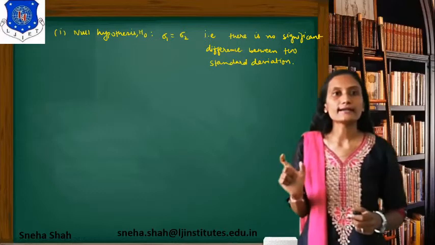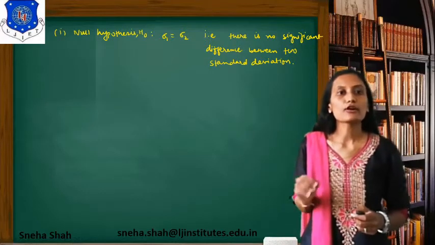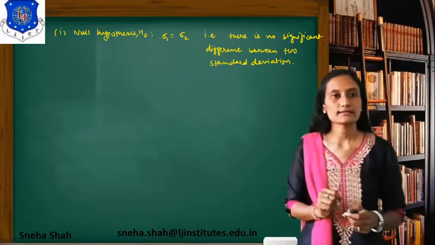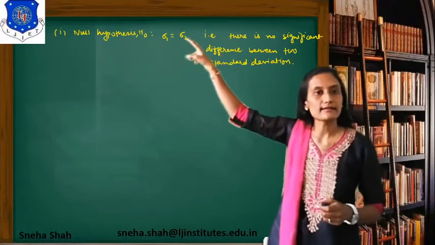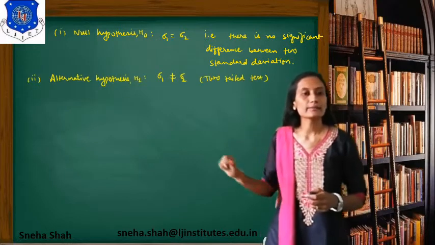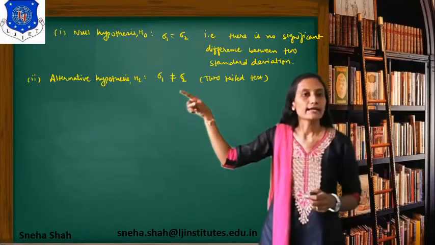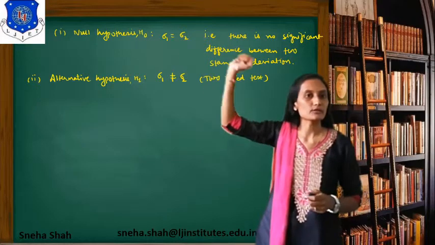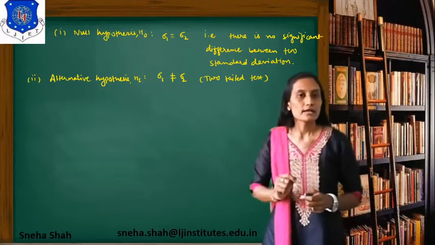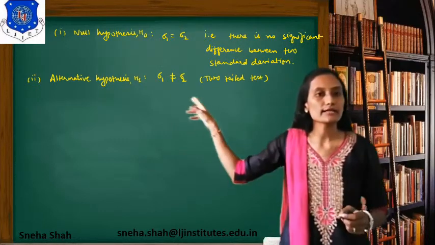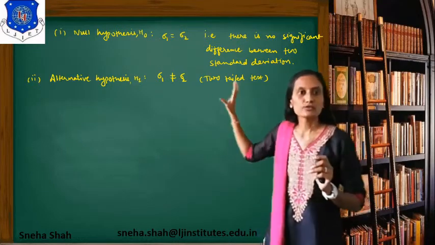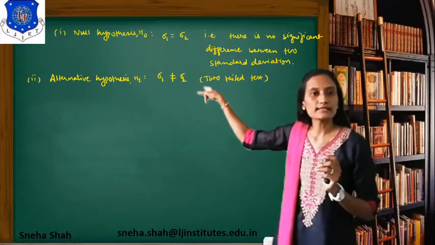It means the two standard deviations are the same, or we can also say that there is no significant difference between these two standard deviations. So if we take the equal standard deviations as the null hypothesis, what will be the alternative hypothesis? The alternative hypothesis is represented as H1, and in this we assume the complement of this particular thing, right? The complement of an equal value is a not-equal value. So we consider sigma 1 is not equal to sigma 2. It is not one particular value, so it is considered a two-tailed test. This example will be solved using the two-tailed test.